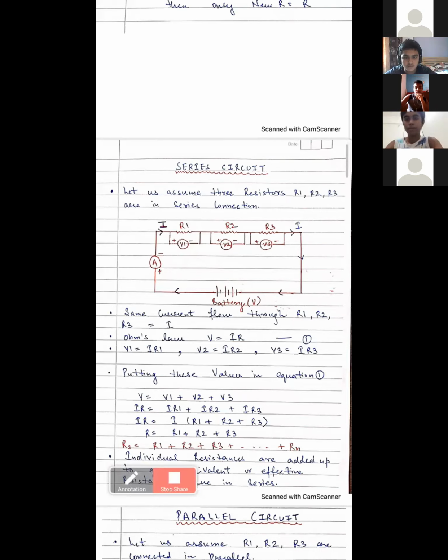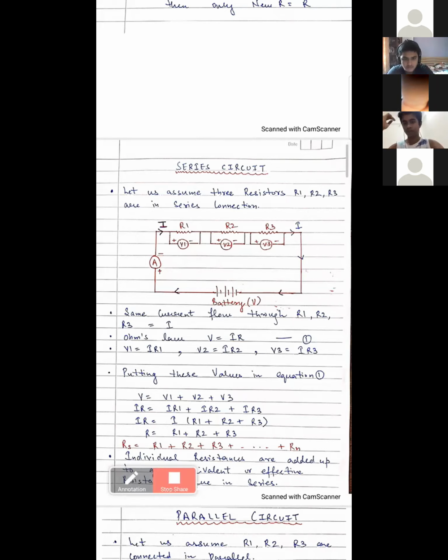Didn't you already do this in the WebGenie session? Yes, you have done this. I'm revising it once again, because this is very important and I'm going to do the questions based on it.